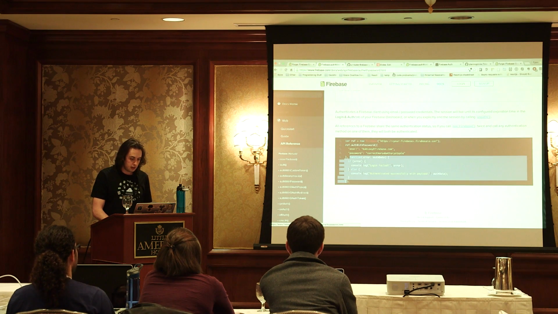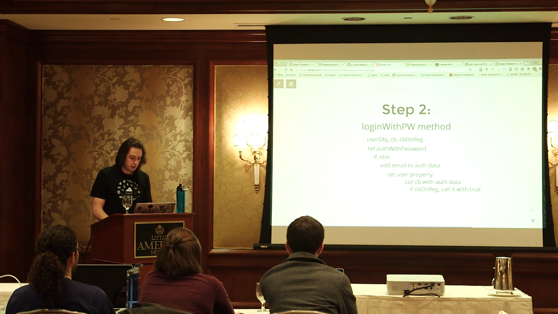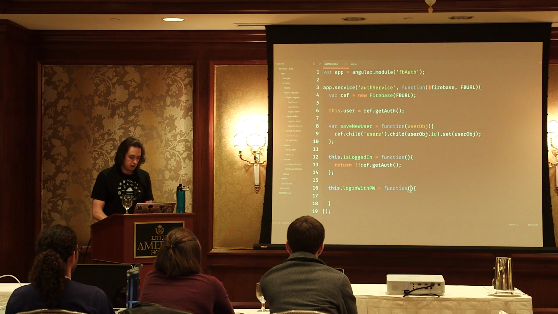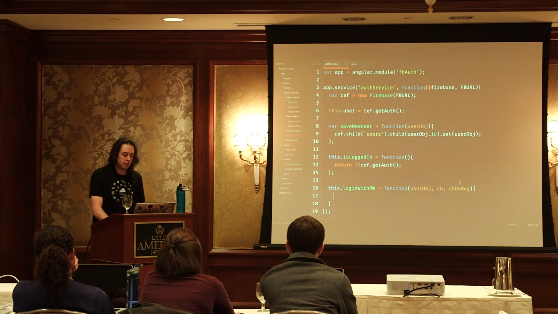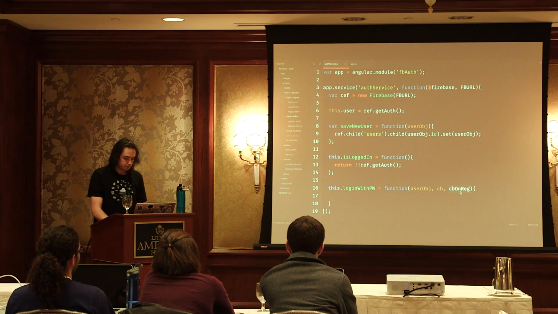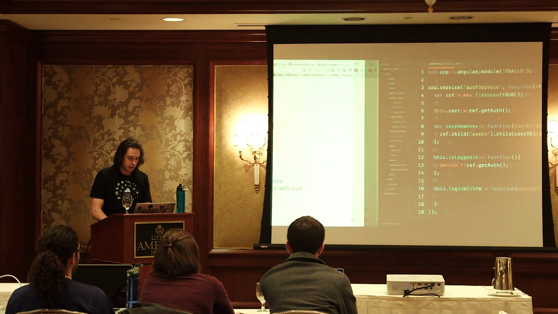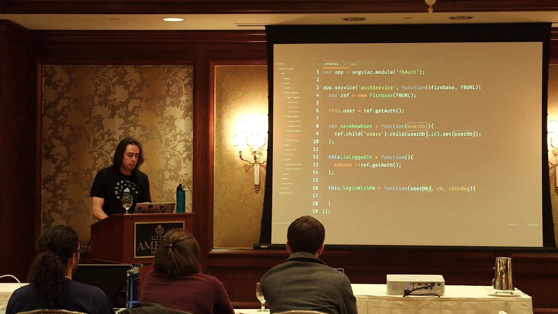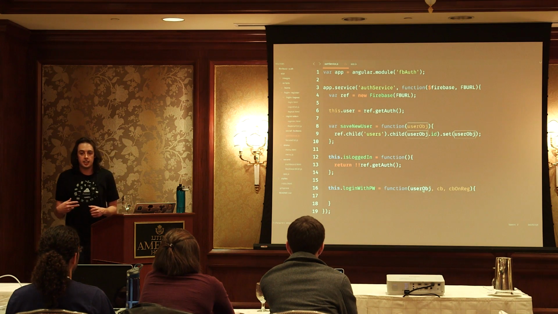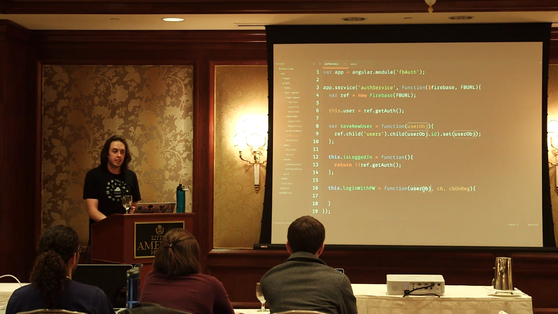Okay? So what we're going to do is, this is going to take in 3 things as parameters. And we'll talk about this one in a little bit. But just as we found in our documentation, we're going to pass in a user object. And we're going to pass in a callback to invoke when Firebase is done getting us or doing everything that they're doing in the back end. Okay?